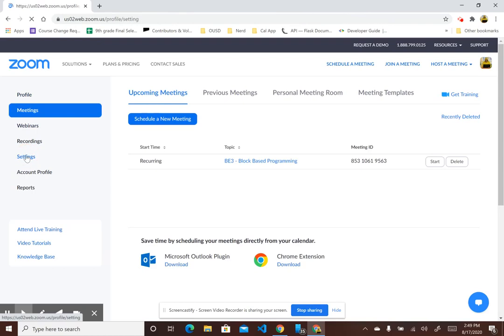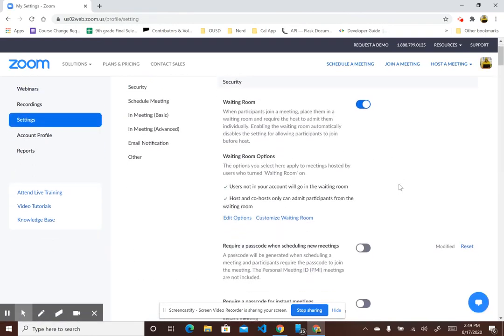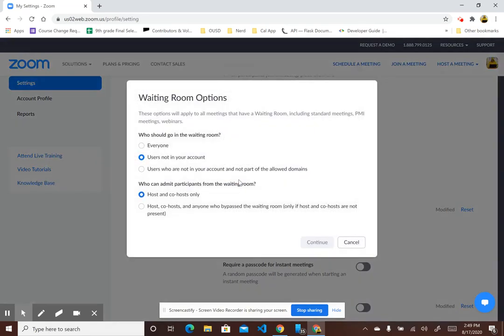You can click settings. The first setting I want you to see is I'm going to turn on the waiting room. And then the second setting is to edit the waiting room options. In this first section is who goes to the waiting room. You could set it to everyone, but I'm finding this one to be very useful. Anybody who is not in my account, meaning anyone who doesn't have an OUSD.org email address, will go to